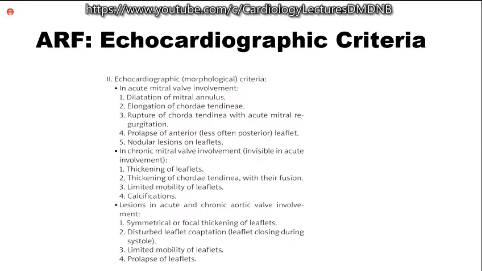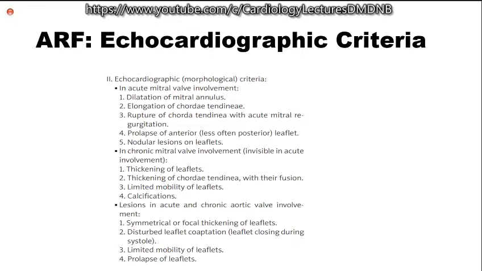In acute mitral valve involvement, the morphological criteria are dilatation of the mitral annulus, elongation of the chordae tendineae, rupture of chordae tendineae with acute mitral regurgitation, and prolapse of the anterior or sometimes rarely posterior leaflet. Anterior leaflet prolapse is much more frequent, and almost always it is the anterior mitral leaflet which is prolapsing, unlike in the classical mitral valve prolapse where the posterior mitral leaflet prolapses, especially in Marfan syndrome or situations where there is